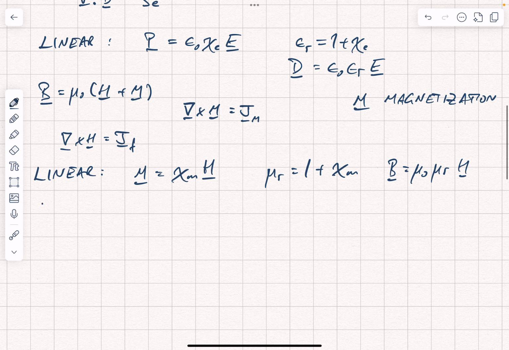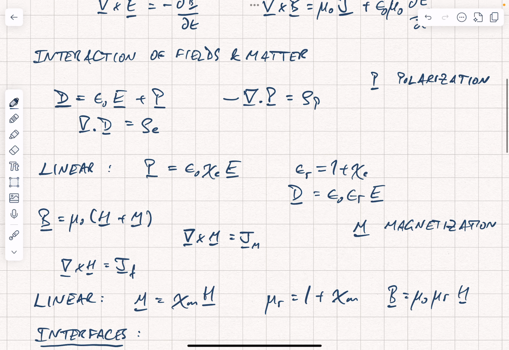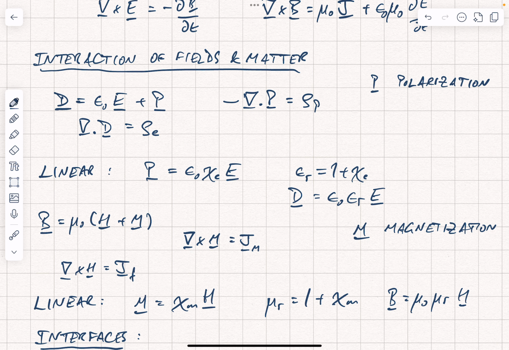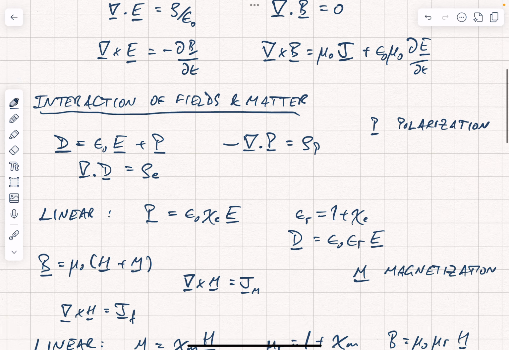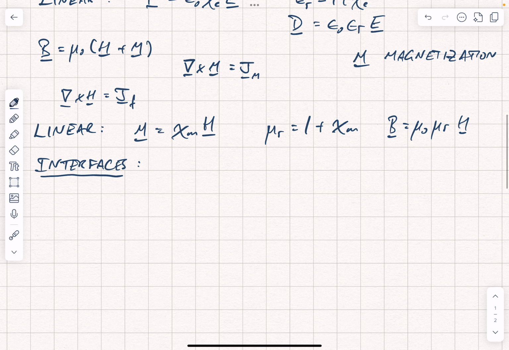The other thing that we have to think about is what happens at interfaces, and that's to do with boundary conditions at an interface. Let me just underline these section headings here, just to make it clear. So at interfaces we have to consider the boundary conditions, and we found by applying various of Maxwell's rules that for both E and H we have components parallel to the interface are conserved,